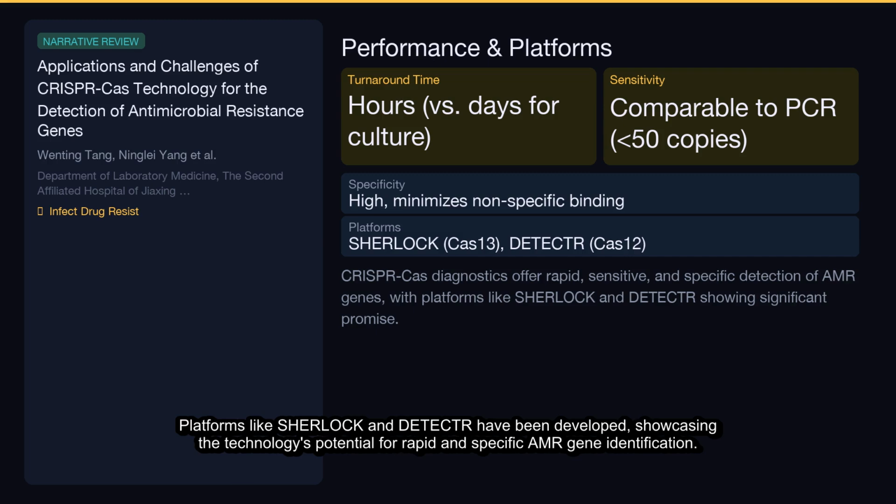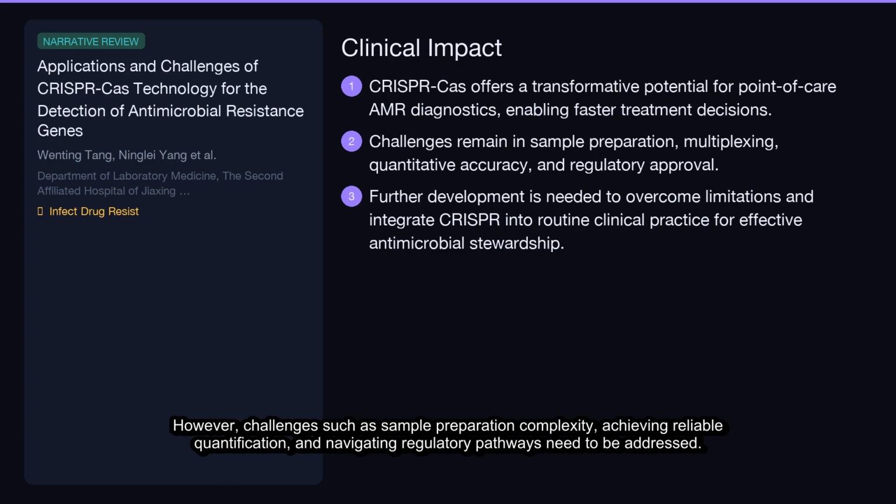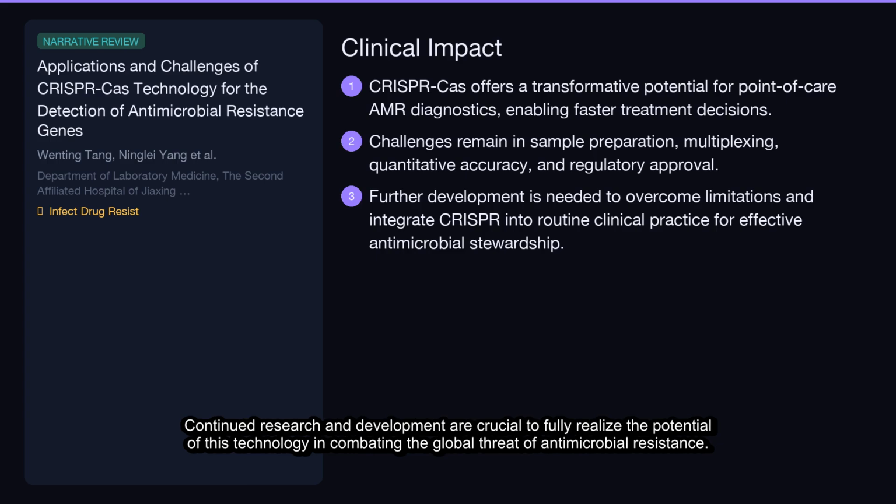Platforms like Sherlock and Detector have been developed, showcasing the technology's potential for rapid and specific AMR gene identification. The clinical significance of CRISPR-Cas for AMR detection is immense, promising faster diagnoses at the point of care. However, challenges such as sample preparation complexity, achieving reliable quantification, and navigating regulatory pathways need to be addressed. Continued research and development are crucial to fully realize the potential of this technology in combating the global threat of